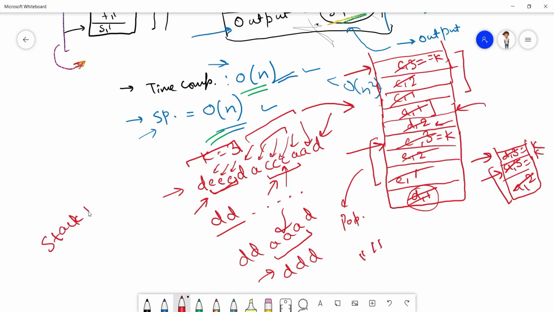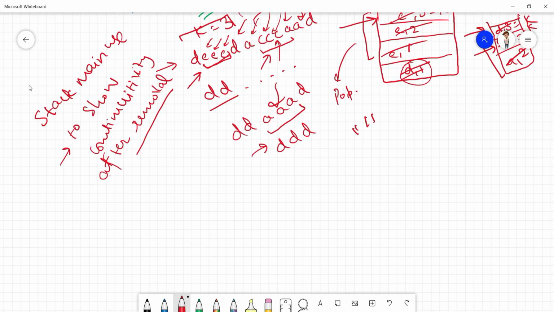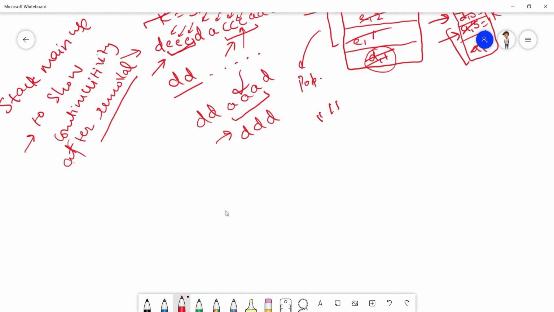The stack's main use here is to show continuity after removal. So I think the problem is clear now. This solution is clear now.